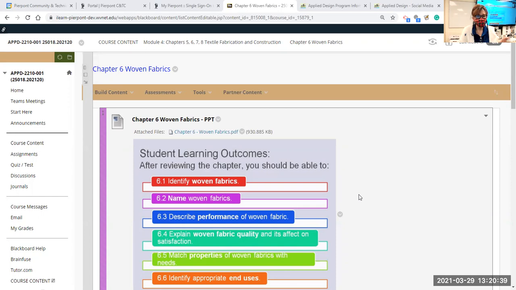So now that we've covered fibers, threads, and yarns, right? You're starting to see that now. You have your swatch book. You're getting it organized. And you're noticing that they also identify how the fabric was made. So to keep things kind